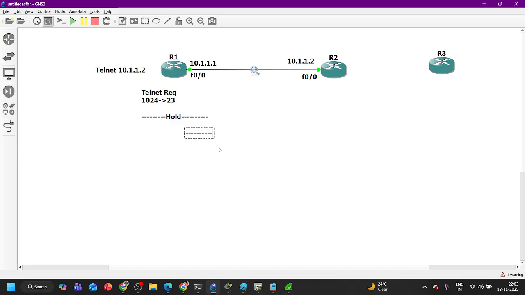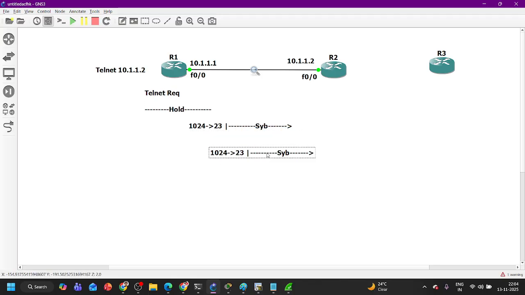So PC1 is going to send a SYN message to router 2, and in the SYN message there is a source port and destination port 23. Even here it is not going to add the actual data. Whatever port number it uses to establish the connection will be the port number in the actual Telnet request message. So after the SYN message, the server is going to generate a SYN plus